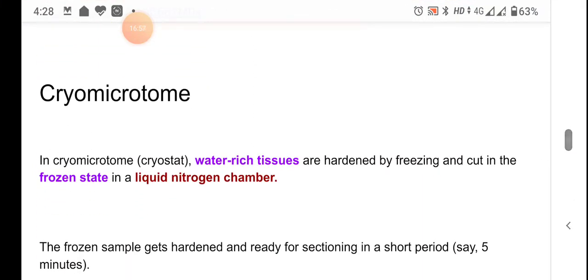Next is about cryo microtome. Cryo microtome is used to make sections of water-rich tissues. Here these water-rich tissues are hardened by freezing and then cut in a frozen state. We use a liquid nitrogen chamber for this purpose. This means freezing the tissue as well as cutting it in a frozen state is done in a liquid nitrogen